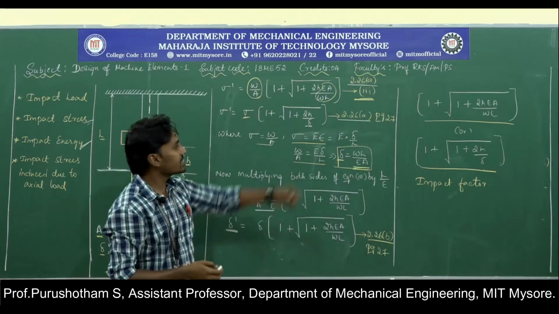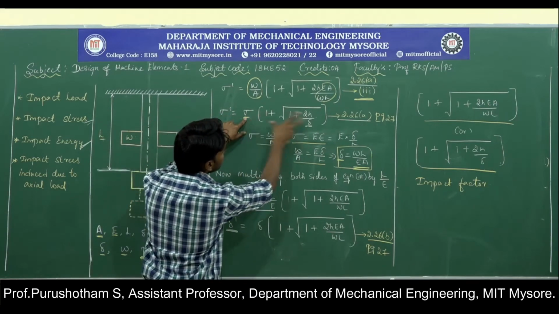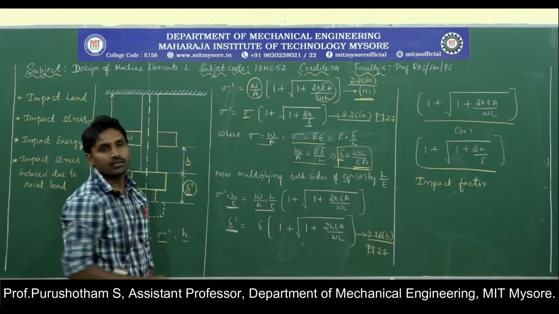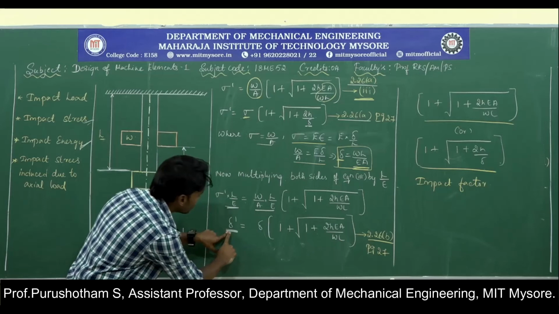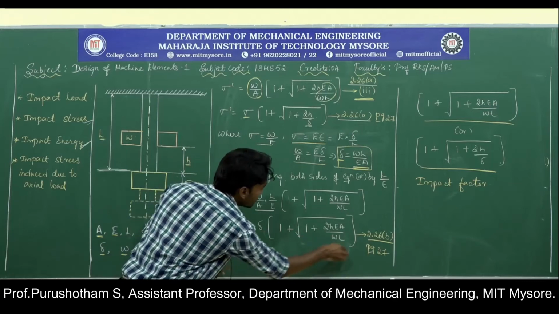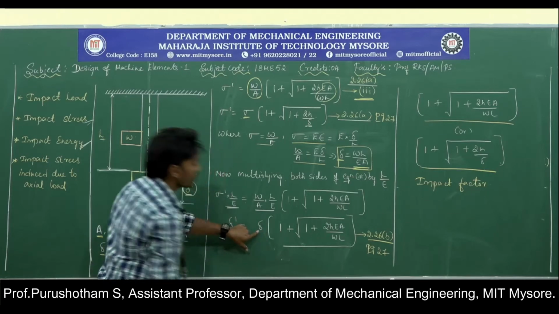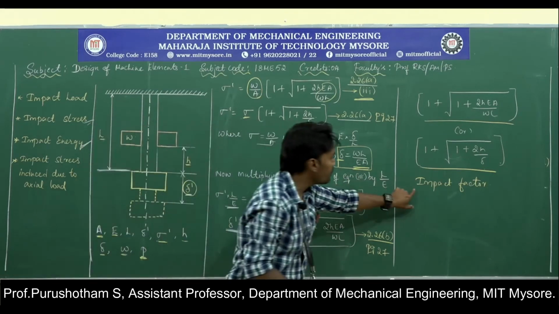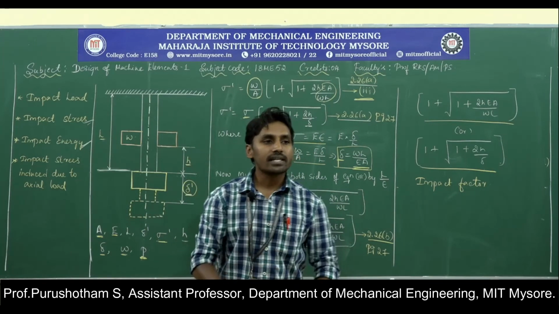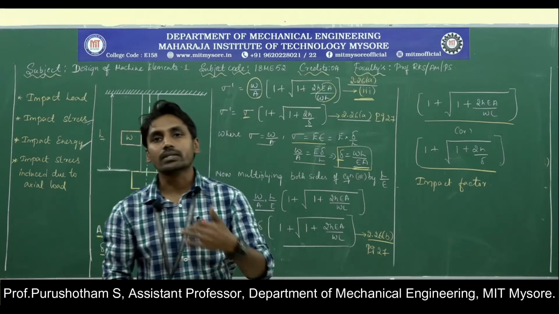Just because of these terms, as we observe, this will be the impact stress, this will be the static stress, this term which is going to relate the impact stress with the static stress. So here also this will be the deformation due to the impact load, this will be the static load deformation, this term which is going to relate the deformation due to the impact load to the deformation due to the static load. That's why it is called the impact factor, which converts the effect of height of fall to the equivalent static force. So these will be the derivations for impact stress which is induced due to the axial